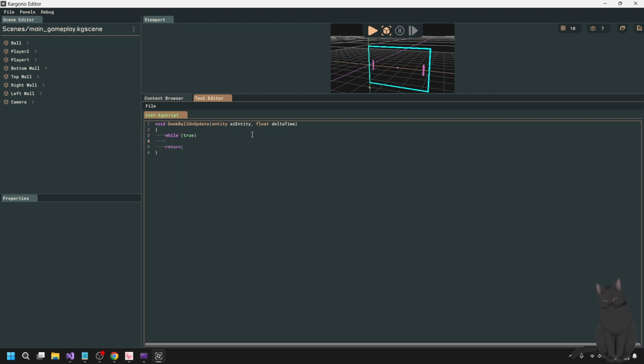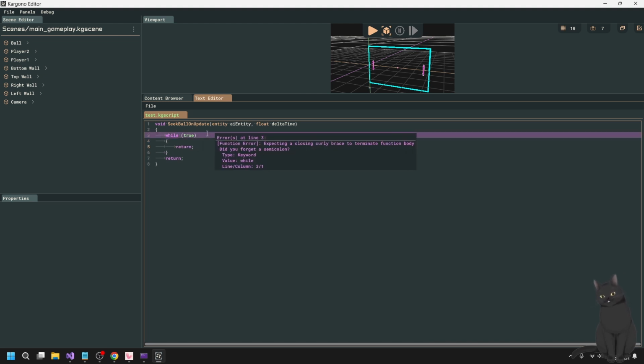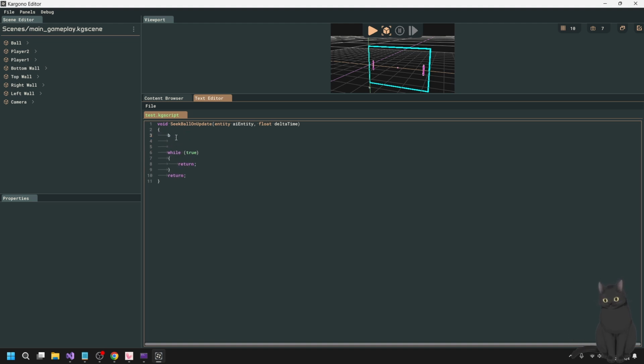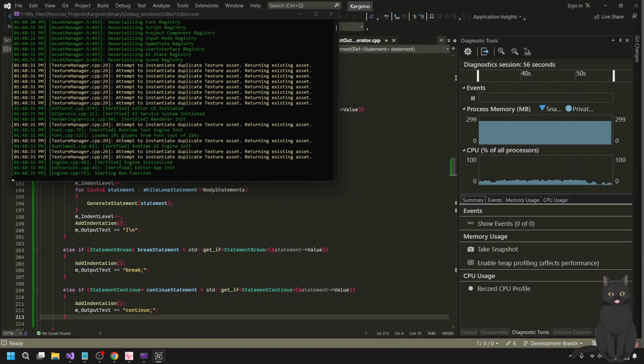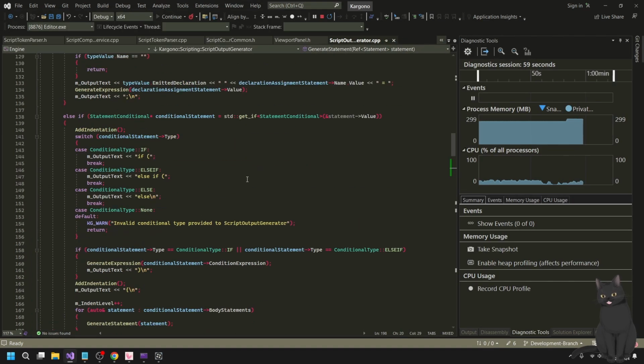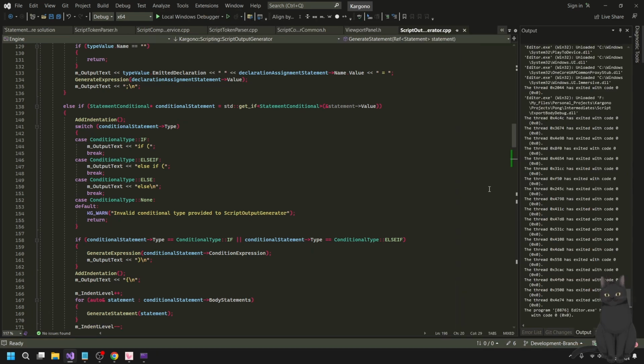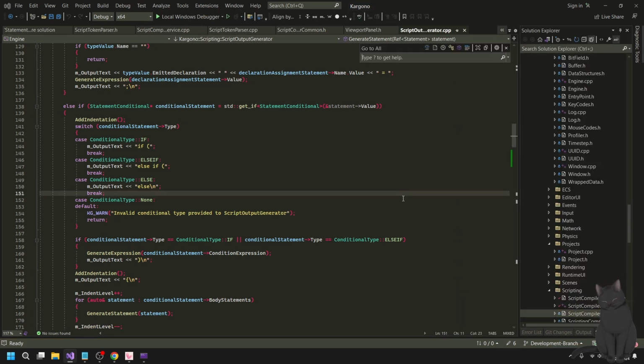Do true. Let's try return. Oh, okay, no. Expecting a closing curly brace to terminate. Okay, so it's not recognizing the... Okay, well, let me test something else really quick. Let's see if break is going to give me the error I want. Oh, it's not even recognizing it in the errors. Interesting. What is going on with that? Wait, let me debug this. Are we even... Oh wait, no, I know what's wrong. I know exactly what's wrong. Jeez. Okay. Didn't even hook it up.